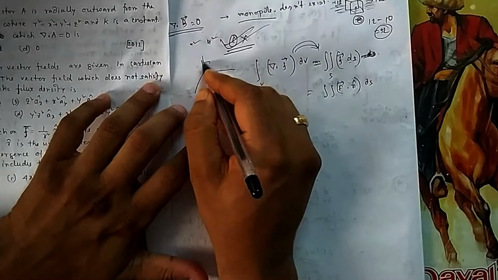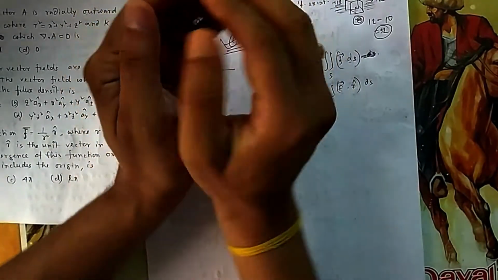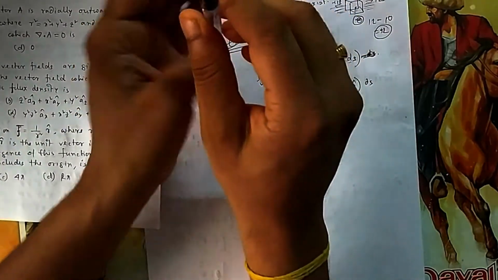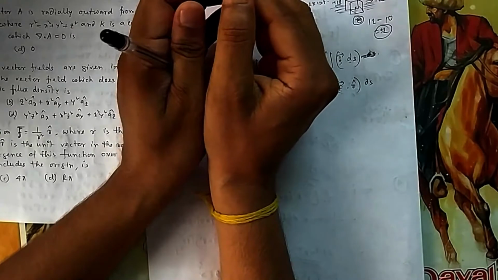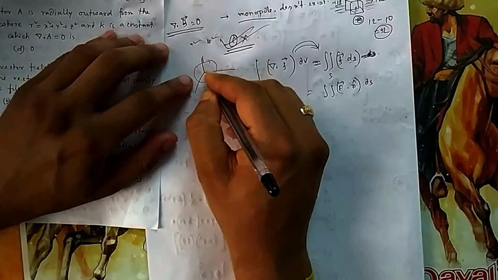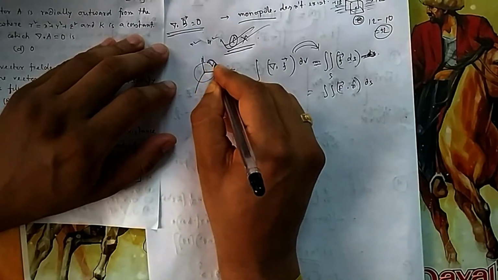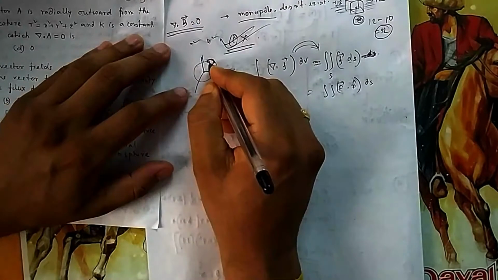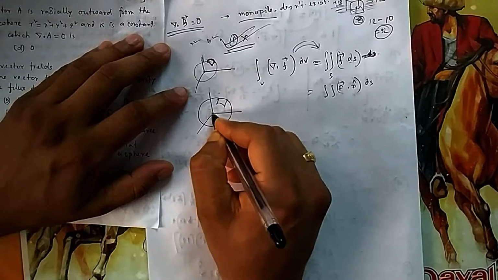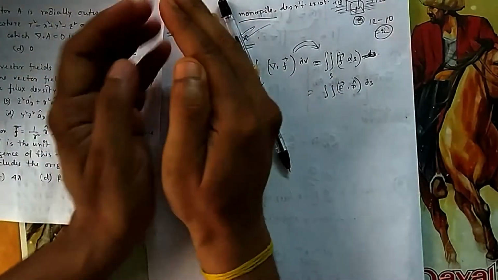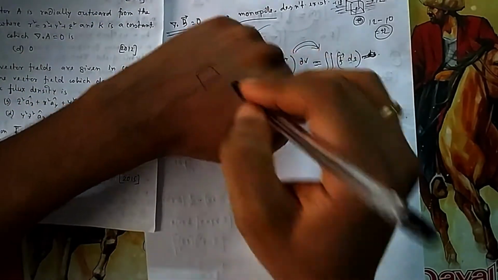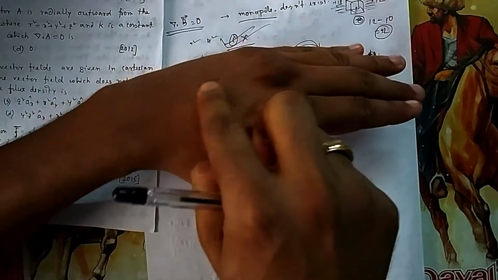Your dS is something of this type on a sphere. Suppose this is the XYZ coordinate system, and inside that is the sphere. Assume it's something like that. So what is the surface I am taking? A small surface. dS is a small surface, on the periphery, on the outer surface of that ball. This is the surface I am talking about, whose radius is fixed. This is a small surface whose radius is fixed, radius is r.